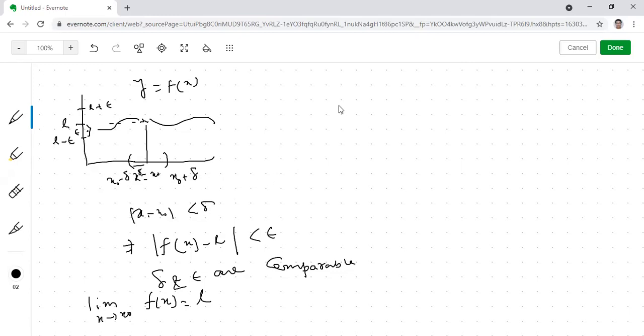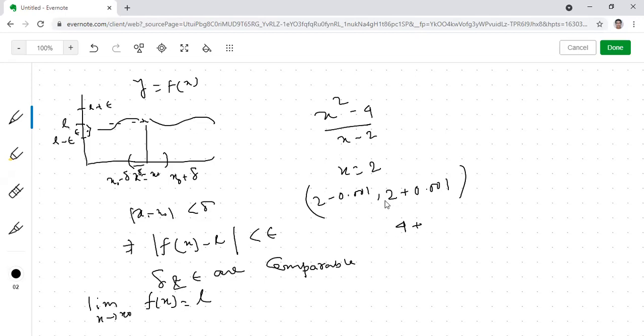So that limiting part, can you repeat once more in brief? This one, okay. The last class, what I have told, say for example, (x square minus 4) by (x minus 2). Then say the limit we need to find at 2. So what we are doing, we are taking an interval, say 2.001 and, let's say, here 1.999. We are taking this interval, and we are varying the value of the independent variable within the interval. And we are finding the functional values; whenever we are varying the values of x inside the interval, this will be, let's say, 4 minus 0.0001 to 4 plus 0.0001.